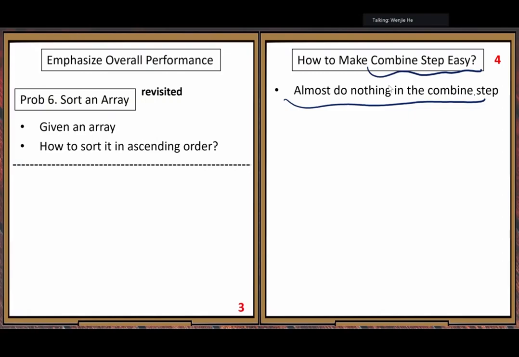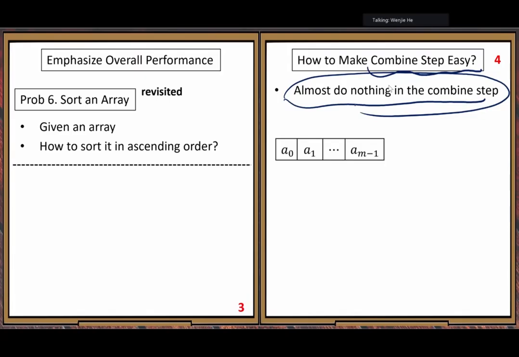Then we put these two ordered subarrays back to back, connect them, join them, without any comparison, and the whole array is automatically ordered. That's part of our design goal. We want to achieve that effect.